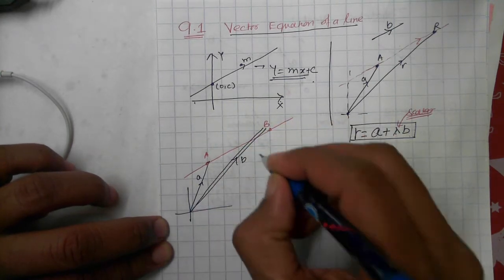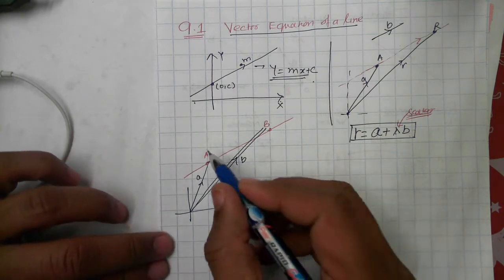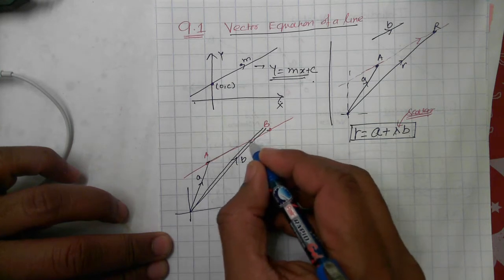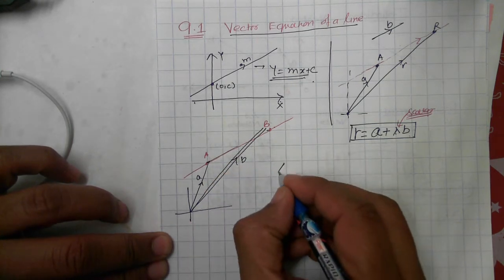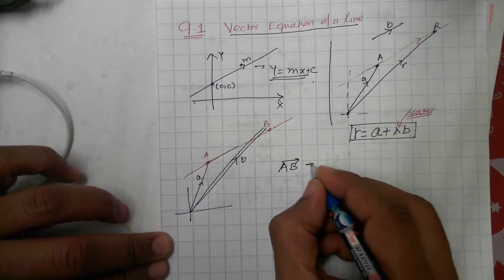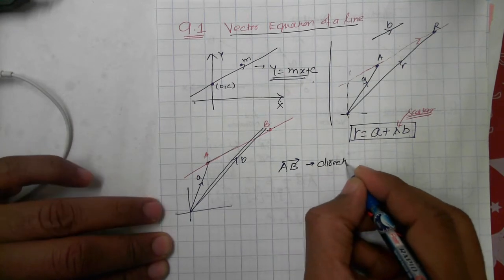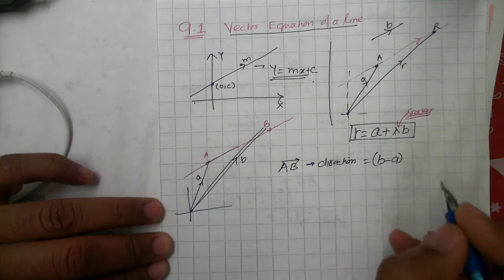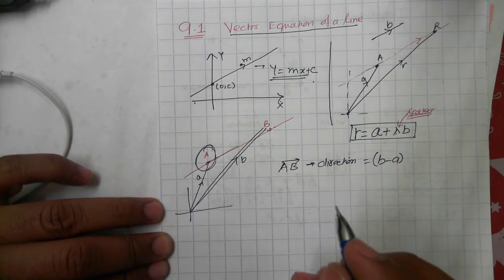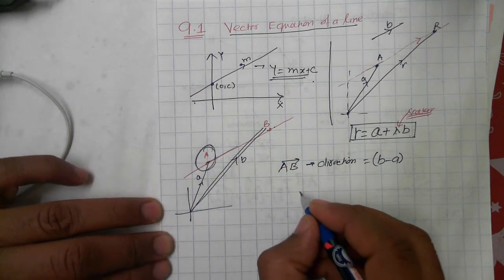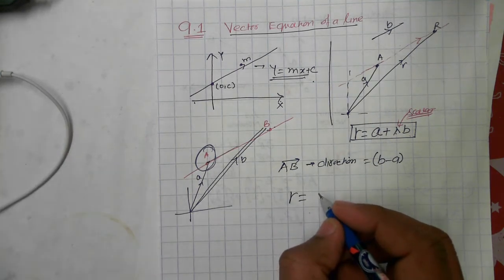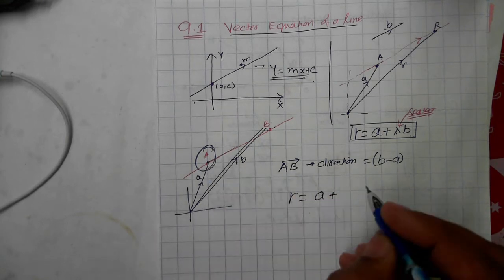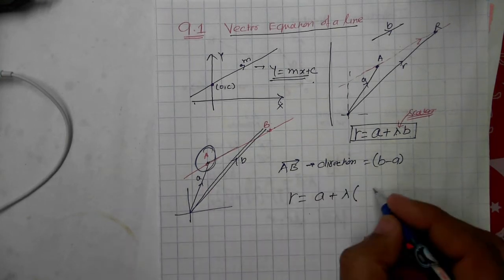Okay, and now the direction is not given, but we find the direction. We want to go in the direction of AB. So AB is the direction, and what we learned from the introduction was that AB equals B minus A. This can be a fixed point, so the equation of the line would be r equals A, the fixed point, plus lambda, the scalar,